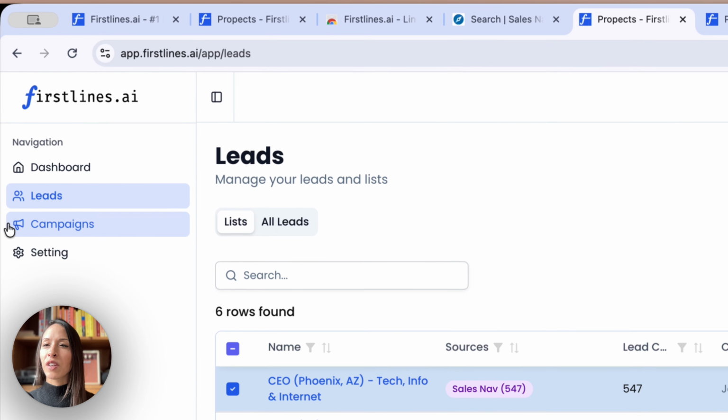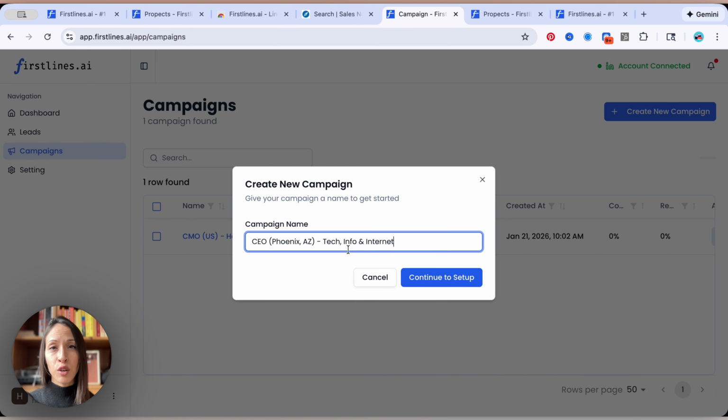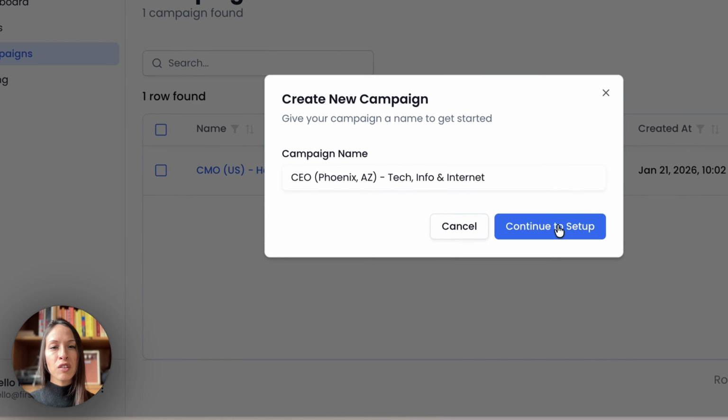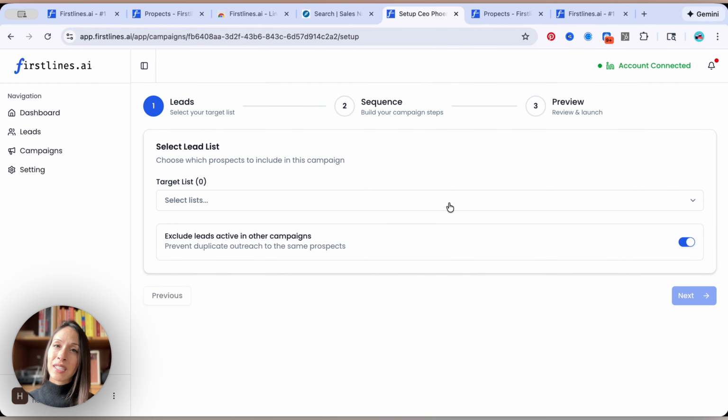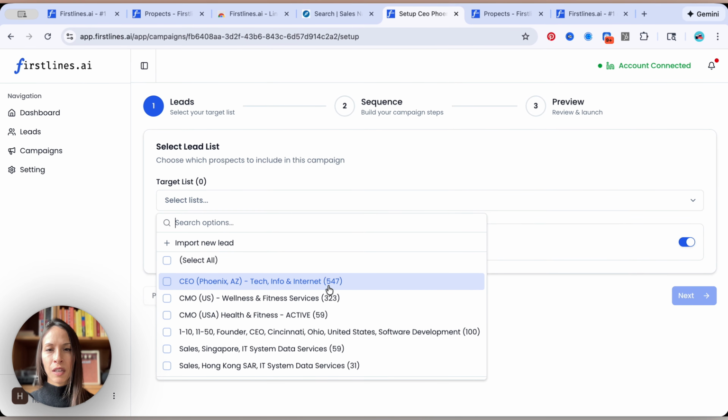So next, we're going to the navigation panel again on the left-hand side, click Campaigns, and Create New Campaign. And here we can give our campaign a new name. I like to keep my campaign name similar to the leads list, so I'm just going to leave it as CEOs in Phoenix, Arizona. Continue to set up, and now we select our leads that we'd like to send this campaign to. So from the drop-down menu, we can select our CEOs that we've just imported, our 547 contacts here,